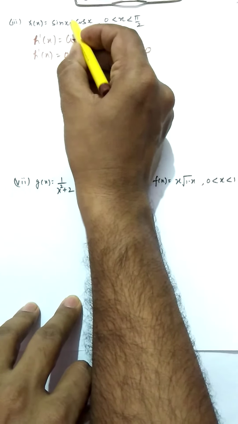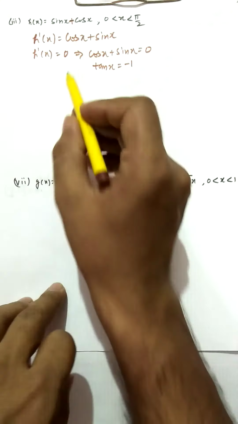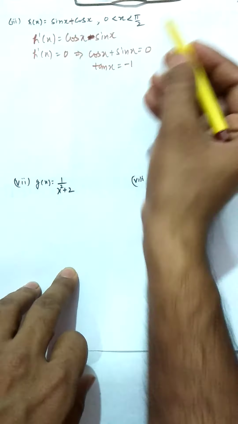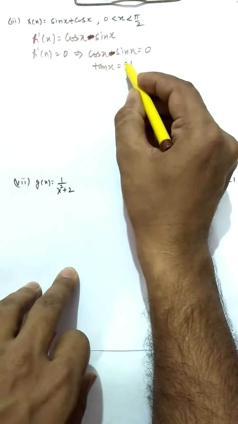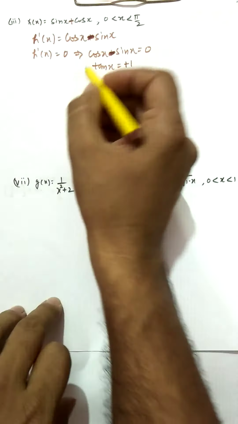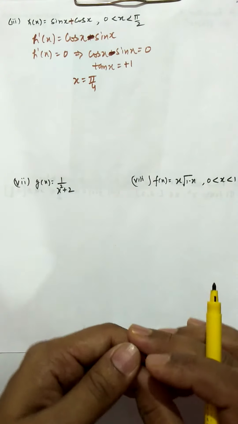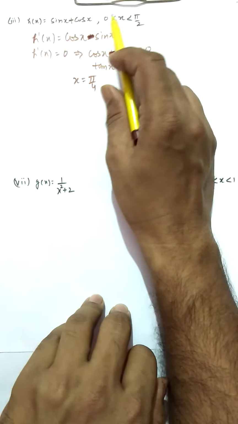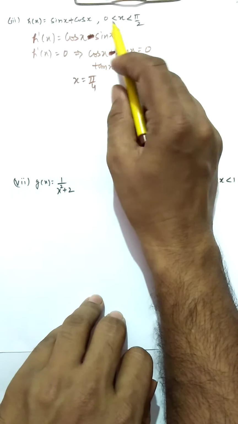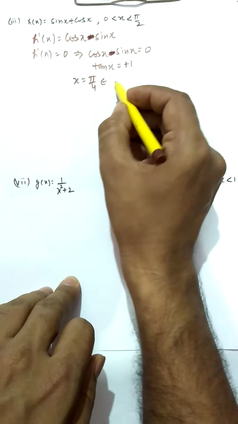This is plus sin x plus cos x, and x is between 0 to pi by 2, so h'(x) is cos x minus sin x, and when you put cos x minus sin x equal to 0, then tan x is going to be plus 1. So it means that x is going to be 45 degrees, x equal to pi by 4. You can have an infinite number of values, but your interval is defined here. You have to be only in the first quadrant. So in the first quadrant, pi by 4 belongs to your interval.